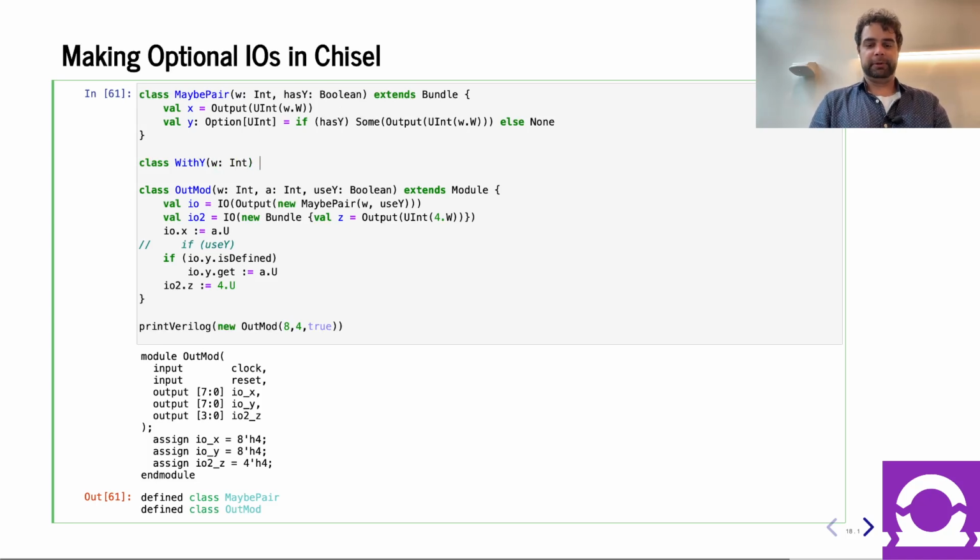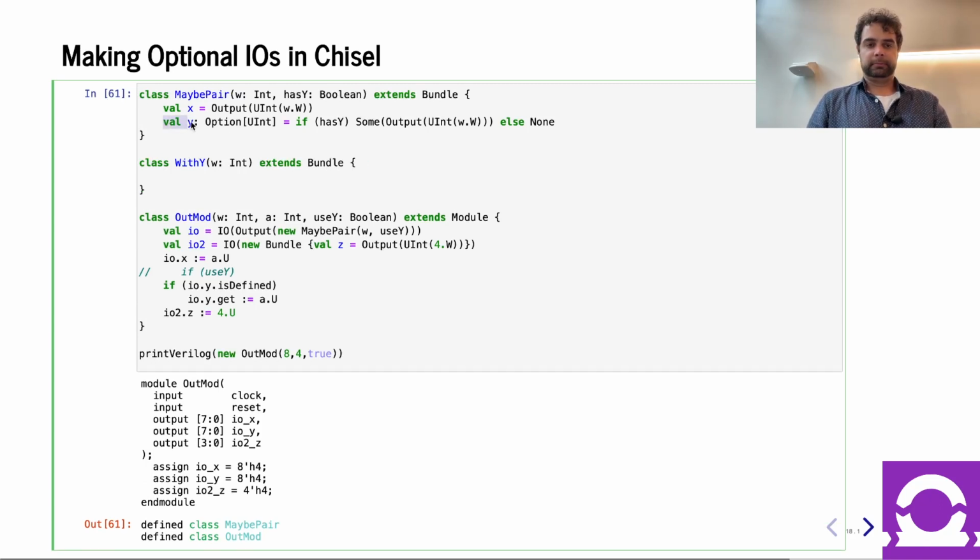So, let's say, for example, so you can definitely have an optional bundle, right? This is not required to be an output. This could be a bundle in here. But I think what you're also asking is, well, what happens if I tried to do an optional IO a different way, which was I did it like this, and then